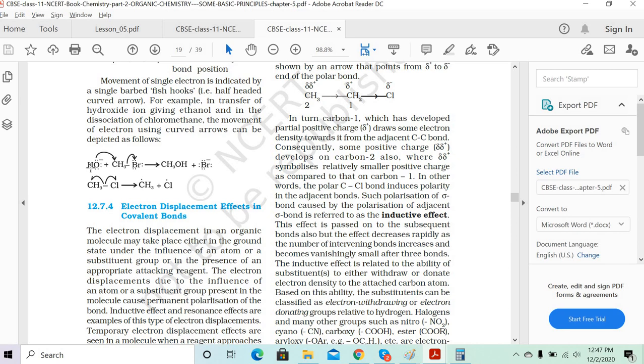Since the nucleophile is OH minus, which means more electrons, it can attack the positive nucleus of the carbon and form a bond with the CH3. So here the nucleophile is the OH minus ion, and the CH3 plus is the carbocation. It attacks there and forms the bond with CH3 to form methanol, and the Br minus will come out. Clear?